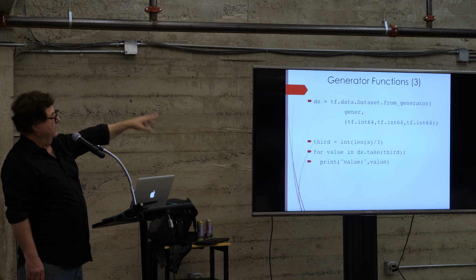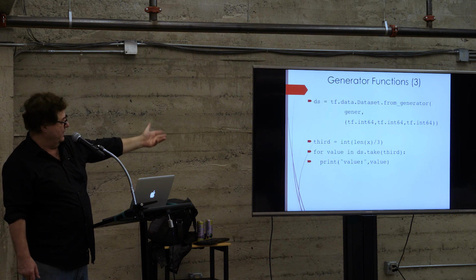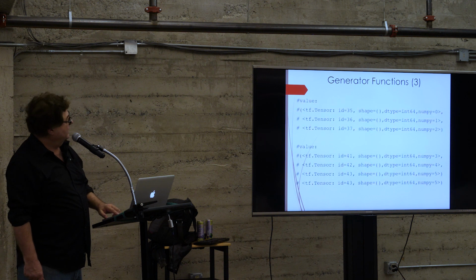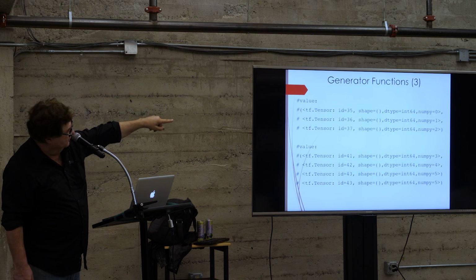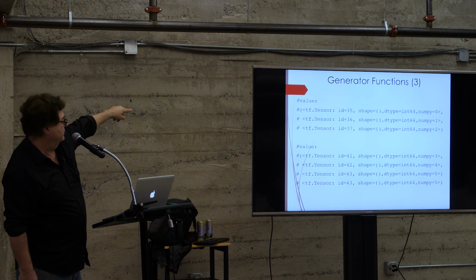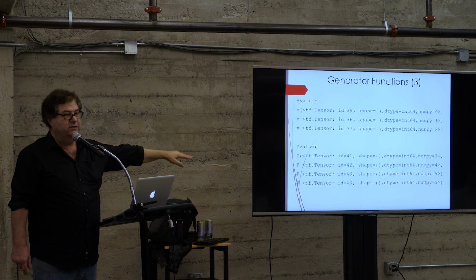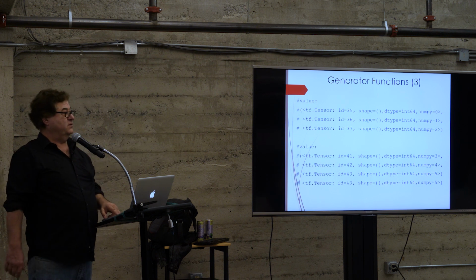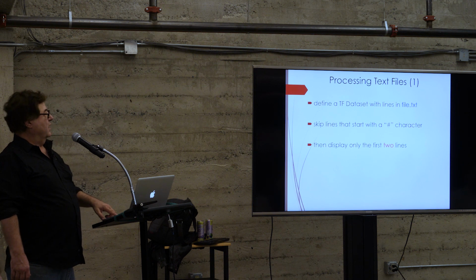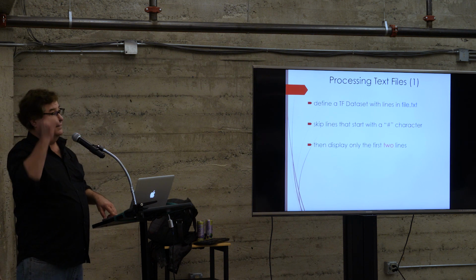You have your generator, it's going to turn 3 integers at a time, so you're essentially doing, for value in that, .take, print the values, and this is what you get. Notice over there, 0, 1, 2, 3, 4, 5. Is that right? 3, 4, 5. And I think this one here was actually in the next one. Does that make sense? So you already know a good portion of operators in tf.data.